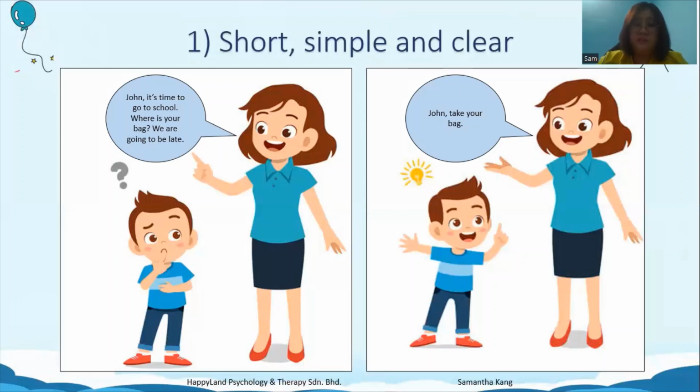Okay, maybe you can try to teach the child using the child's preferred language. For example, if the child's preferred language is English, then you teach in English, and the child will be able to learn faster, actually. If the child's preferred language is English but the parents want to teach in Mandarin, then the child will take a longer time to learn to verbally express themselves in Mandarin, because the preferred language is English. Okay.